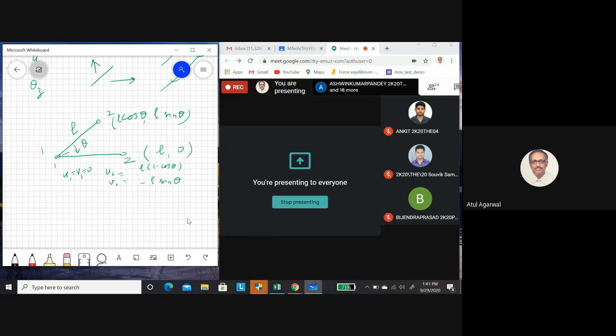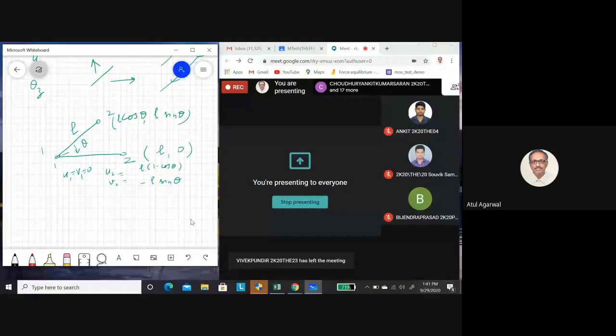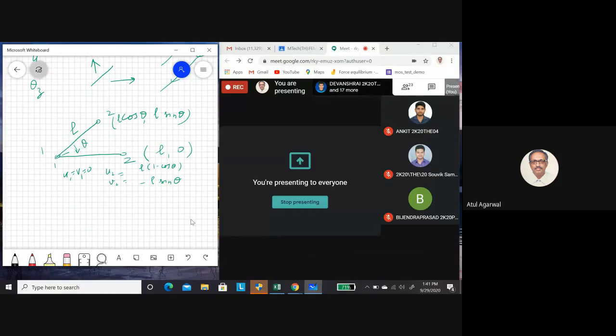Souvik, will it satisfy the case of rigid body rotation? Ankit, can we say that we have rotated this bar by a rigid rotation? There is no stretching because we are maintaining the same length. L is same. Only we have changed the orientation of the bar. Yes, sir. No problem, sir.